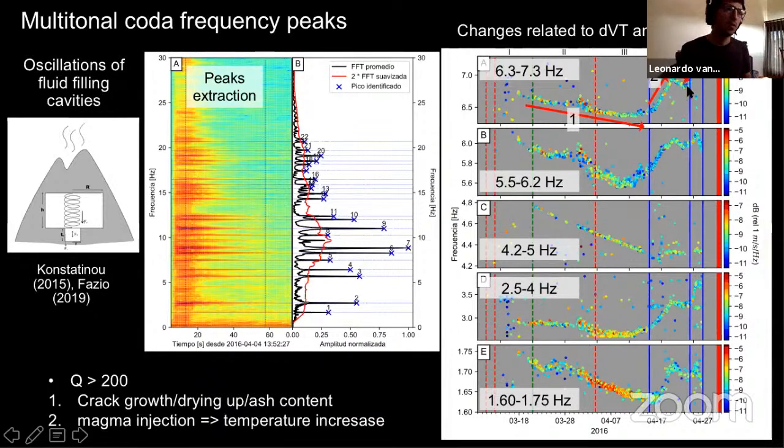And then we have the decrease of the frequency, then another injection of magma, the temperature increases, and then also the frequency of these events increases. And then with the last swarm, we see that maybe that was the rupture of this seal. We don't have more events of this kind of tornillo, so the seal is open, and then the eruptive activity can begin.